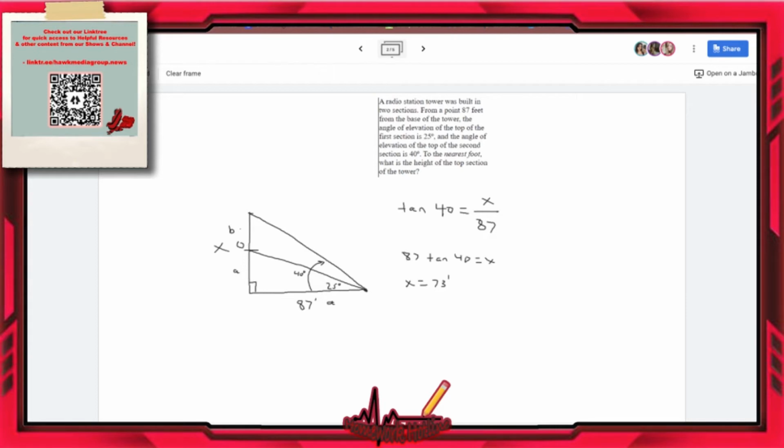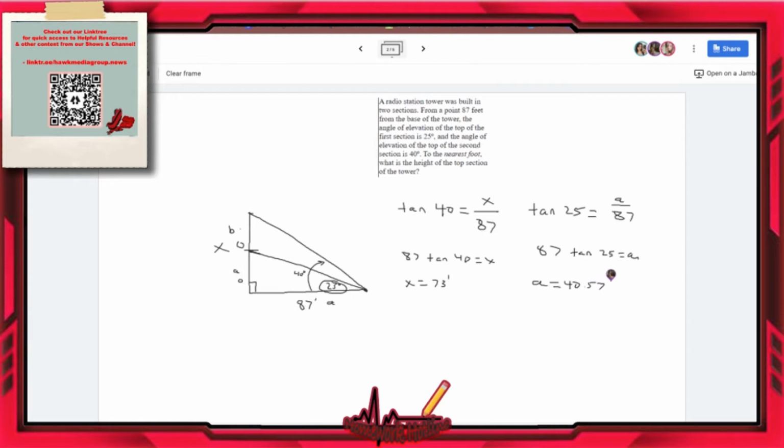So now we have to find the height of the first section, A. Now we're going to use the 25 degree angle because that's the angle of elevation that goes up to the top of the first section. So we're going to do tan of 25 equals opposite over adjacent. Once again, A is the opposite side. 87 feet is still the adjacent side. So we're going to do A over 87. Again, multiply 87 by the tangent of 25. And we get A, sorry, equals 40.57